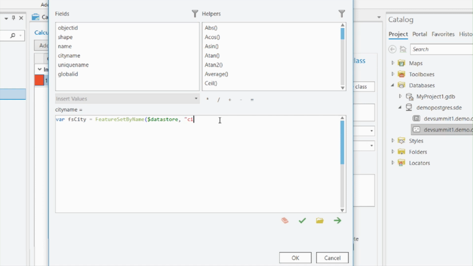I want to access the class that is called city. And the third parameter is what fields are you interested in? This feature class can have 100 fields, and you really want to only list the fields that you're interested in. And I'm only interested in the name field of the city. Okay. Now that I have the feature set by name, the feature set city, what I'm going to do is